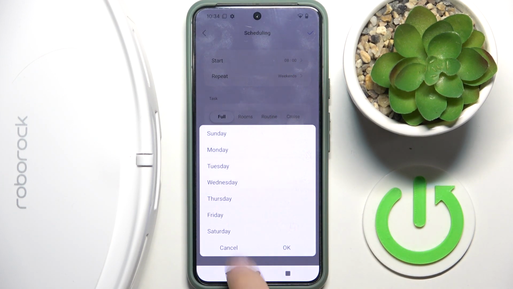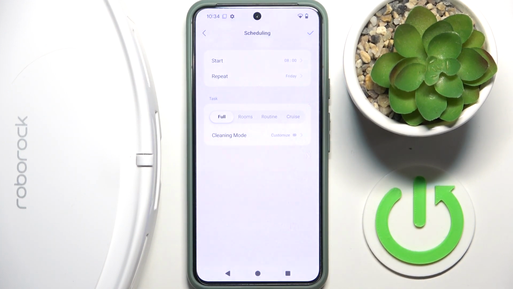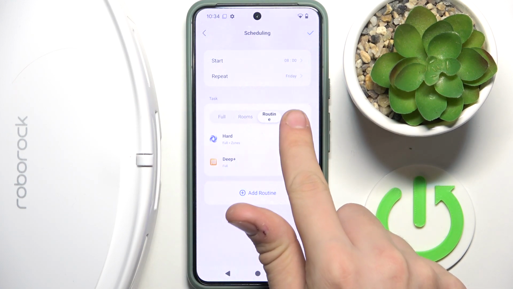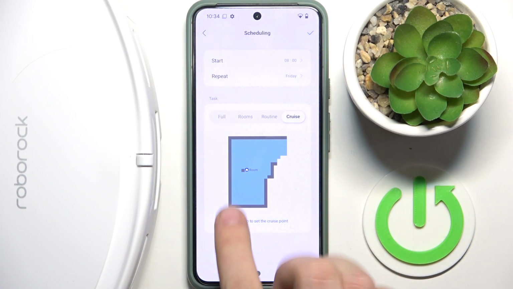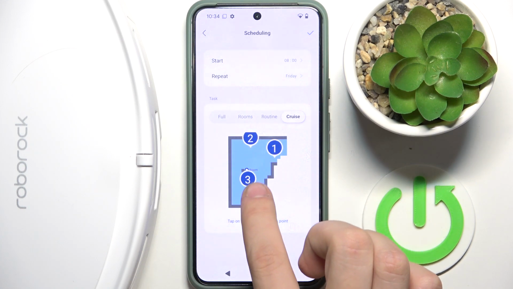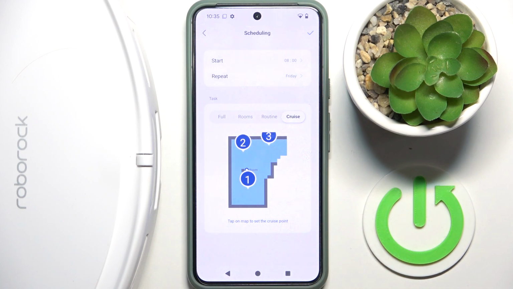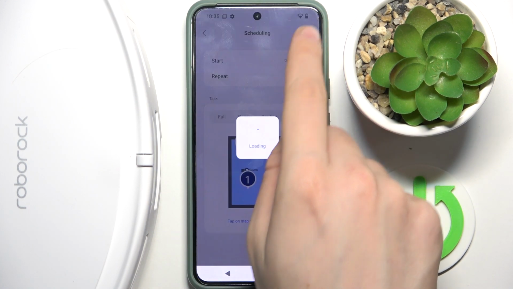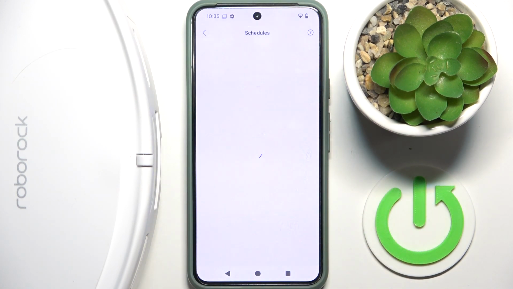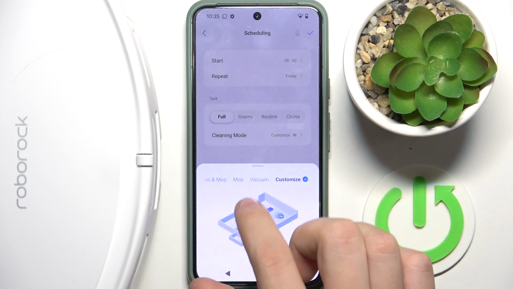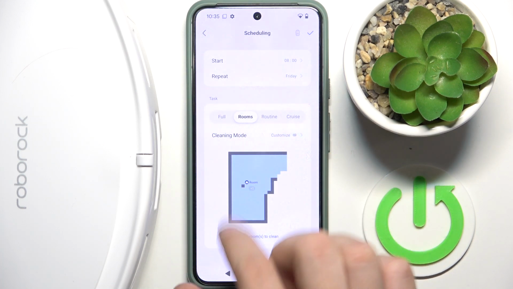For example, I want to set custom on Fridays. Here, as you can see, we have task: full cleaning, or rooms, routine, or cruise. For example, I want to cruise 1, 2, 3, and 4. Pardon me, not 4, only 3. And we can click this tick over here to save our options. If we click on it, we can edit it, for example, to full cleaning mode, rooms, clean